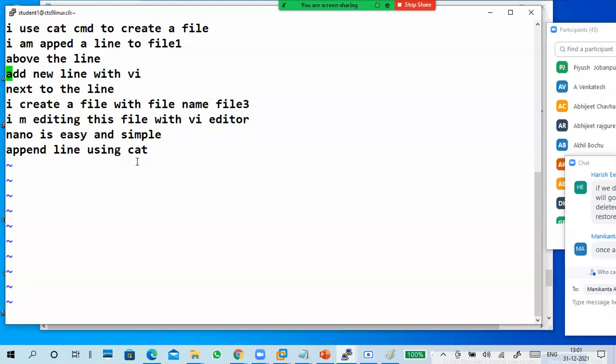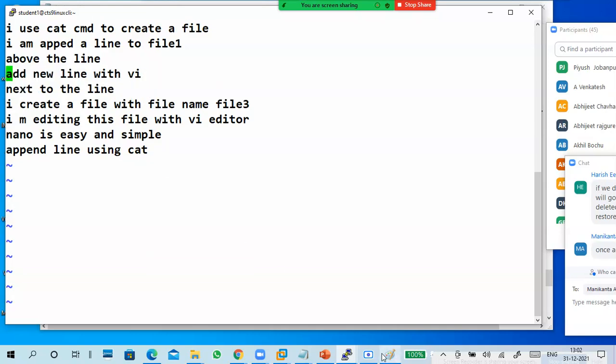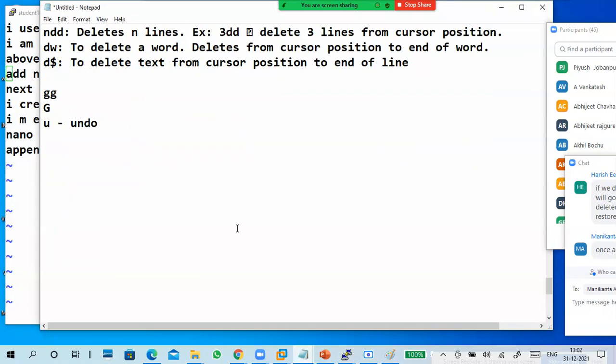I want to delete two lines. What to do? Number two DD. If you want to delete two lines, the cursor line and the next line will be deleted.